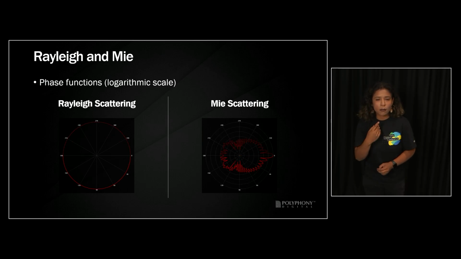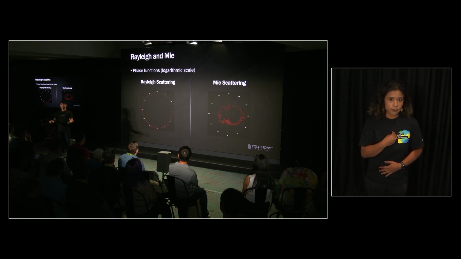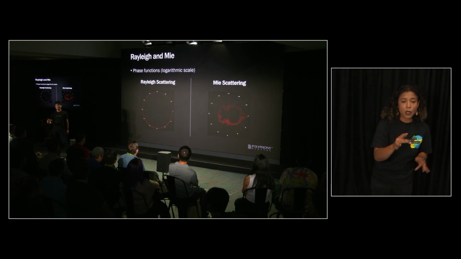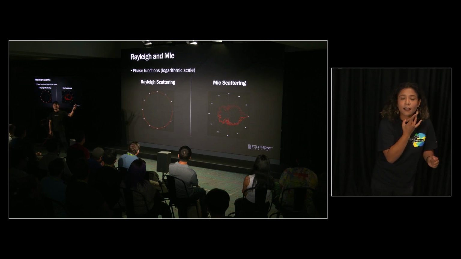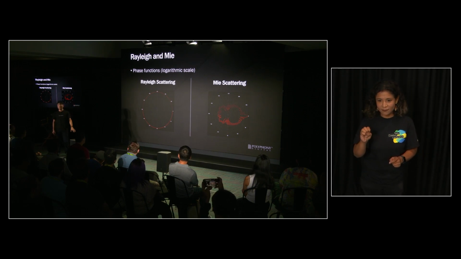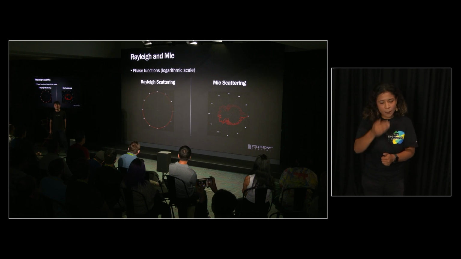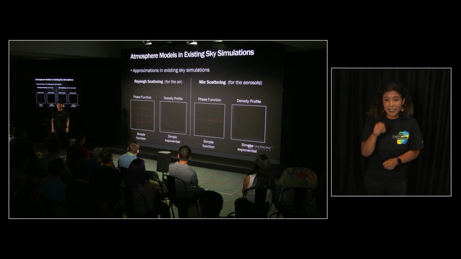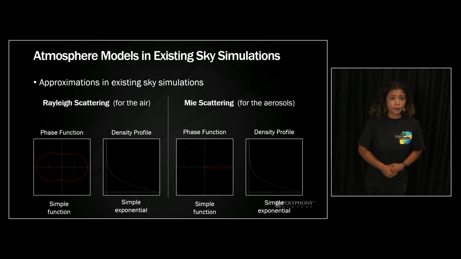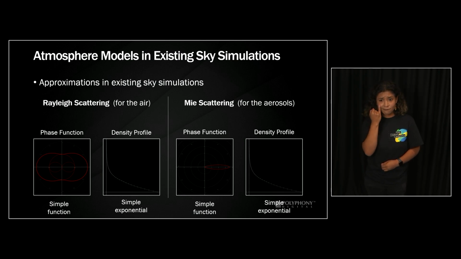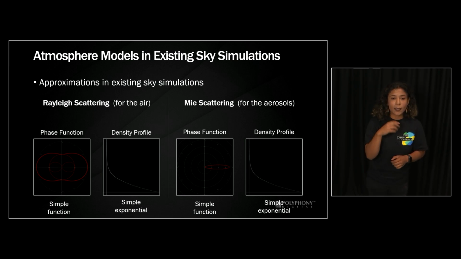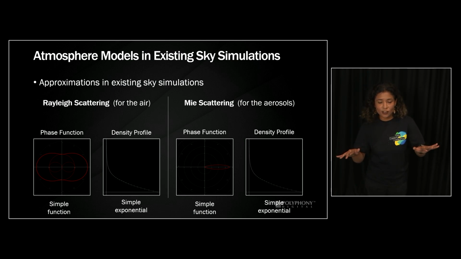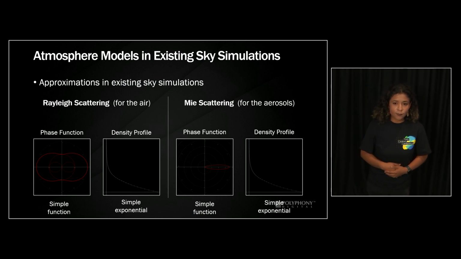Let's use a logarithmic scale. Because the particle size is close to the wavelength of the light, the phase function of Mie scattering has such complex shapes due to wave interference. Unfortunately, it is generally hard to use. It's therefore common to define the phase function directly as a simple approximation function. In addition, it is often assumed that the scattering and absorption coefficients for both Rayleigh and Mie scattering vary only with density height.